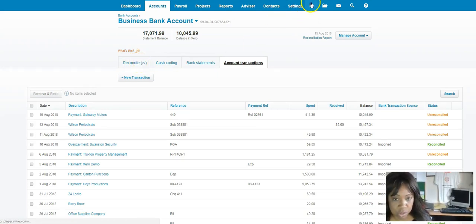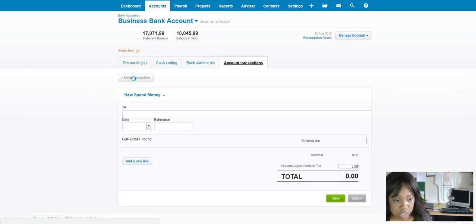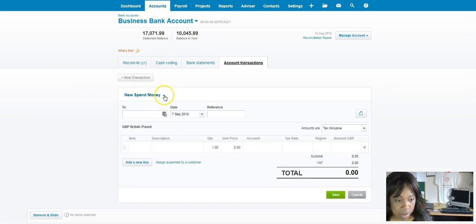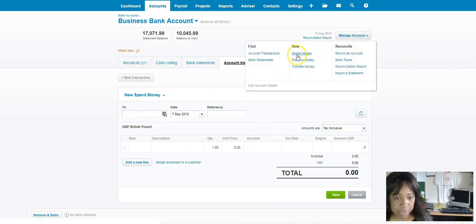You can go up here, add spend money or receive money. You can do it from here, new transaction. Now bear in mind, the only thing with this one is it doesn't actually give you the option to give overpayments or underpayments. You could still do it and choose prepayments from here, but this really is just to add quick direct payments. The other place you can do it is up here, spend money or receive money. And that's